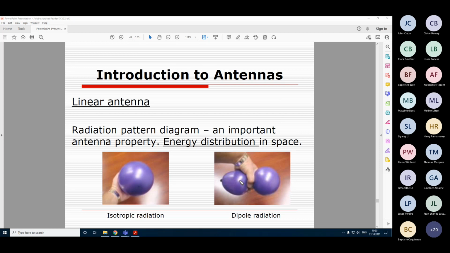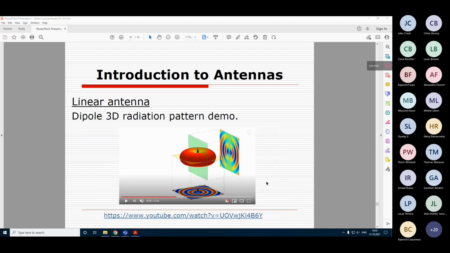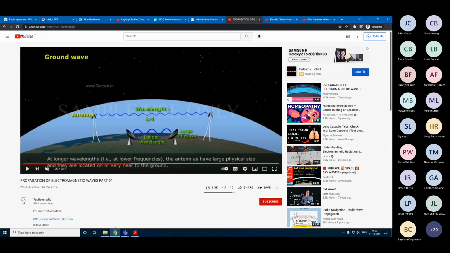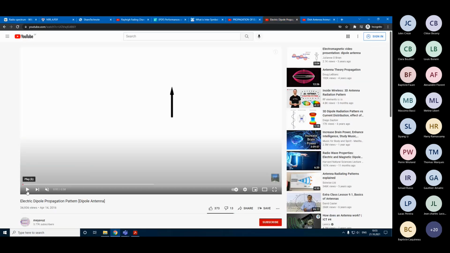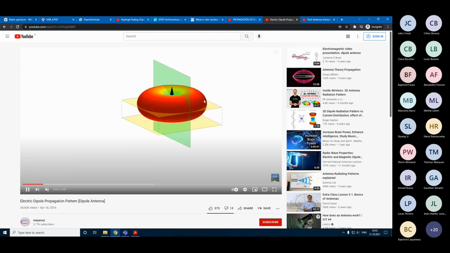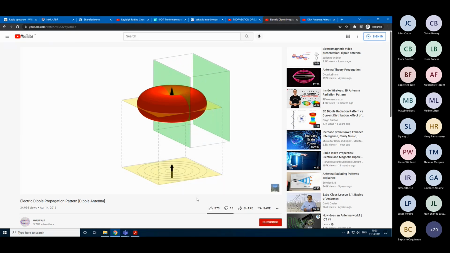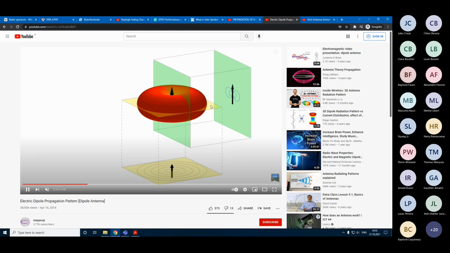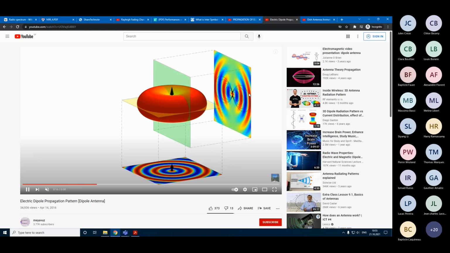So not in all directions. So the dipole radiation pattern is not uniform. It's not in all directions. Actually, we can see this demo on the YouTube channel, how it looks, by following that link in the presentation. So this is our dipole antenna, and this is where the radio wave is propagating. If we watch from upside and from the side, we can see these patterns, that radio waves are actually